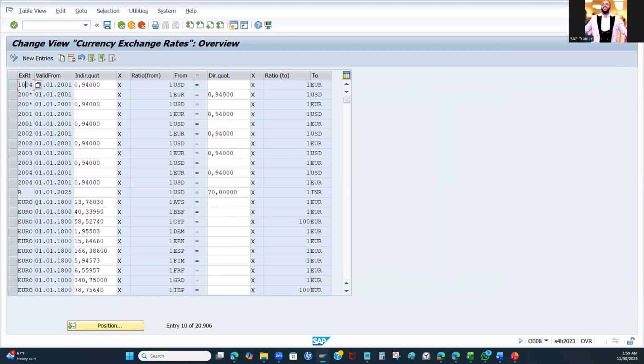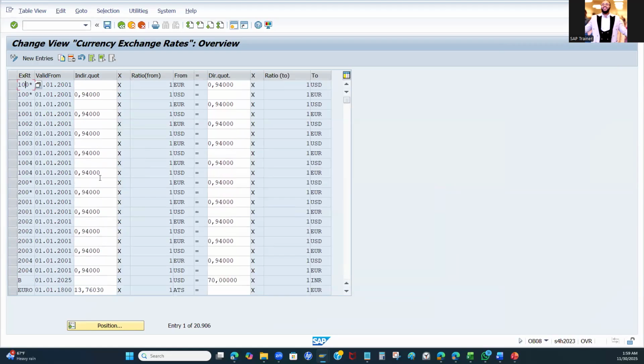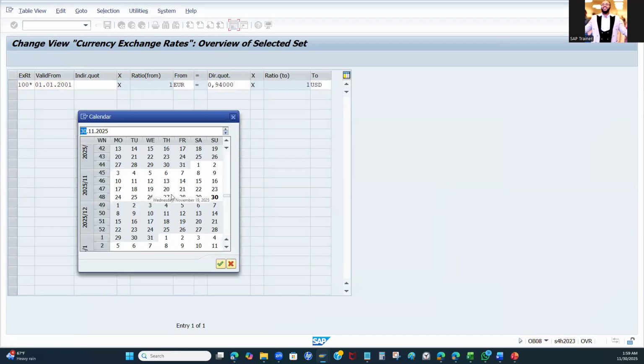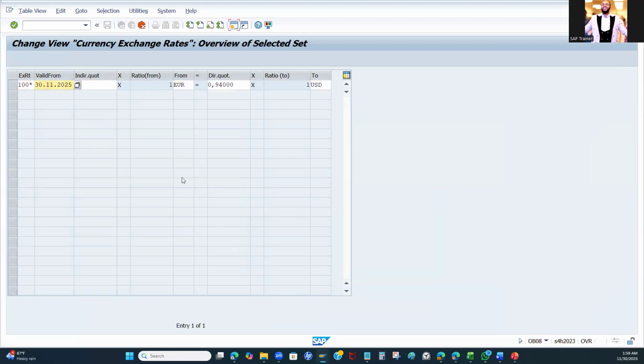You can always copy create from an existing one and just make the necessary changes where they need to be made. Here you have your indirect quoted exchange rate, and here you also have your direct quoted exchange rate. In this scenario, we can say we're copying from this one, and then valid from, you're going to use today's date. Your indirect, you can keep blank if you don't want to make any changes. And then here we can go for